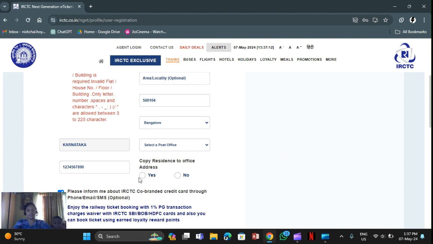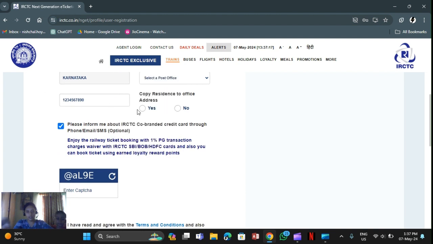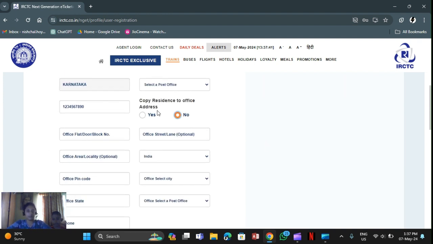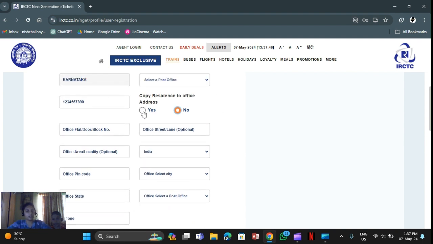So you should just click yes here. If you want to change the residence, or if you want to change the address of the office, so your resident address is something different than the office address, or if you own an office and want to change that address, you should click no. You get this if you click no, because the office address you should enter separately.